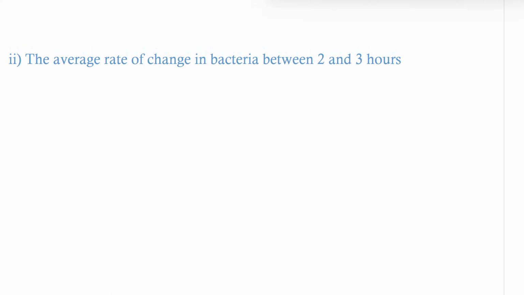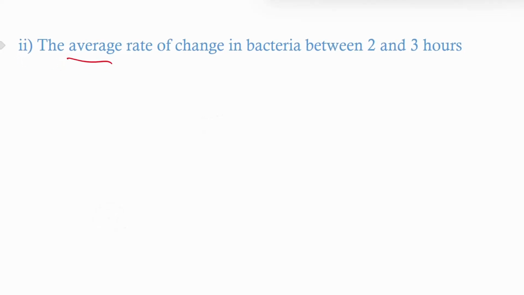Now we have a question here. We need to find the average rate of change in bacteria between 2 and 3 hours. The key word here was average, so I know I'm going to be using coordinates. I have a 2 and a 3. We have our time value, but we do need to find our bacteria value. So we're going to say let t equal 2. That means my bacteria is going to be 2 times 2 to the power of 4 minus 2 squared plus 2000,